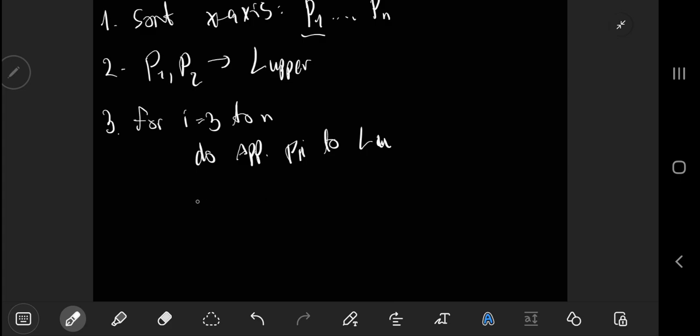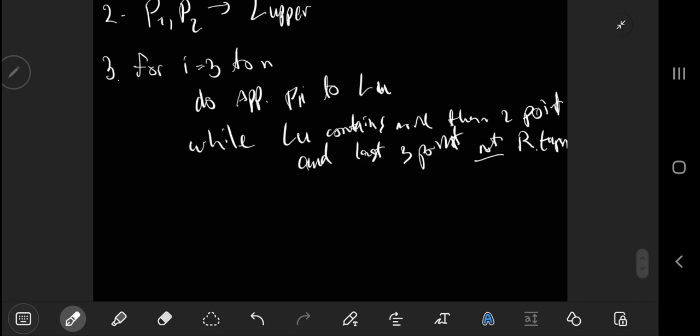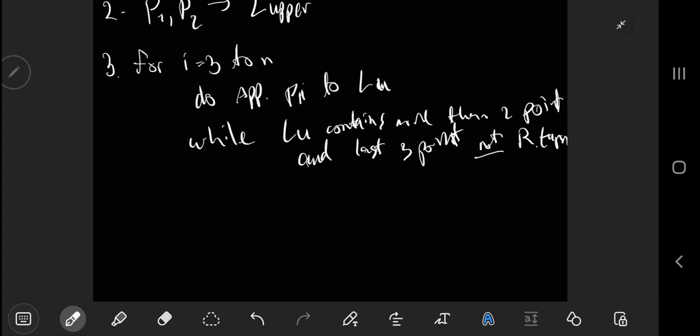And now while L upper has more than 2 points, I can check the last 3 points, if they make a left turn, namely not a right turn, if they are not making a right turn, namely